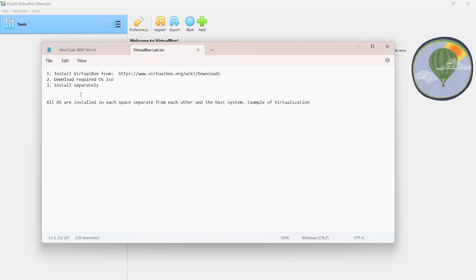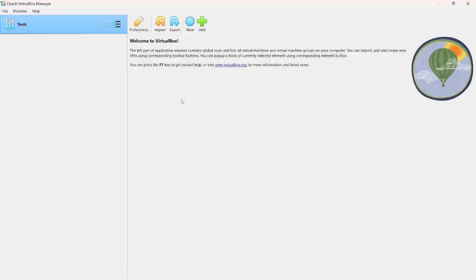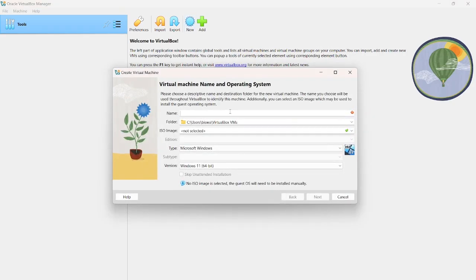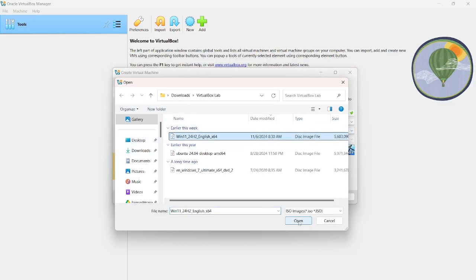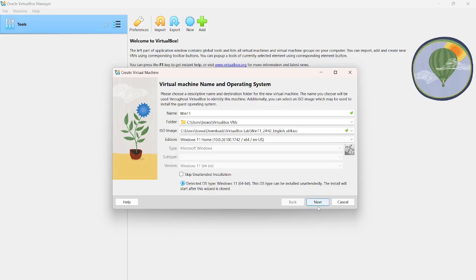each ISO separately. First we have to click new, then we type Windows 11. Be careful not to put special characters or space there, and we select ISO. I have kept my ISO in this location. Now next,